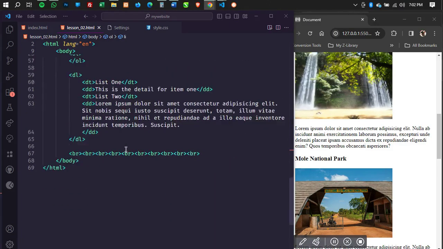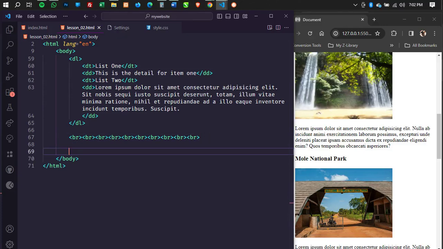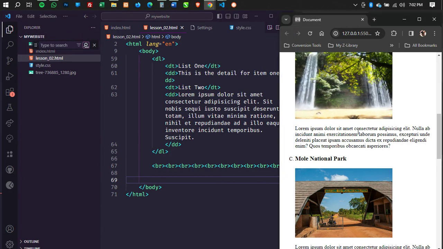Okay, so the next item we are going to be looking at is links. Inside the project folder, how many of you are actually following along? You have your PC and you're writing code as I am doing.